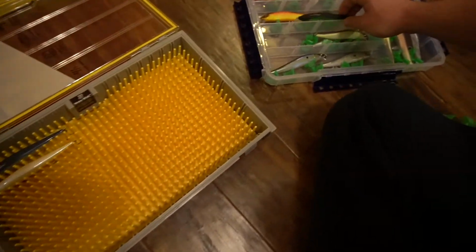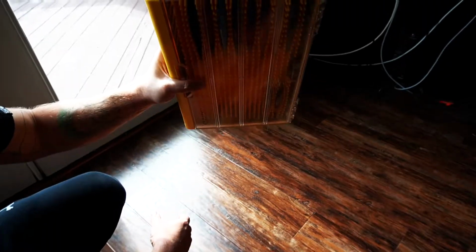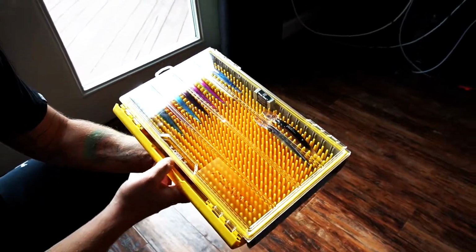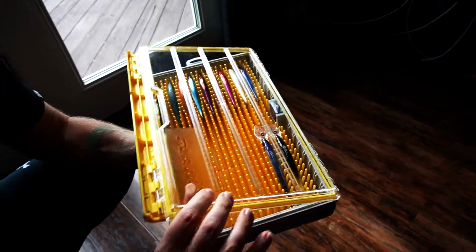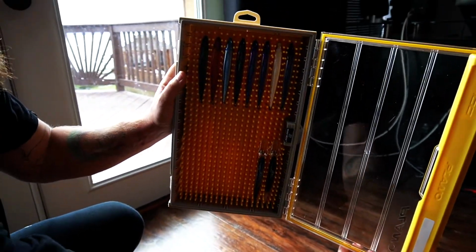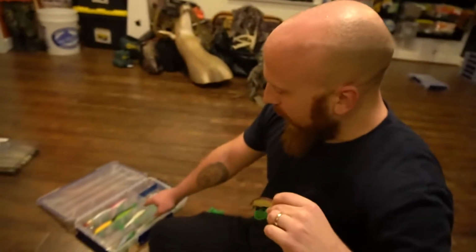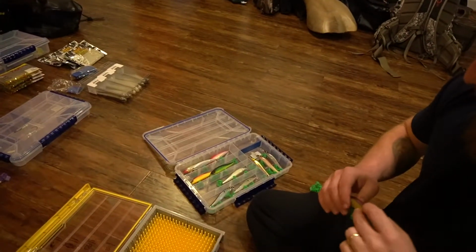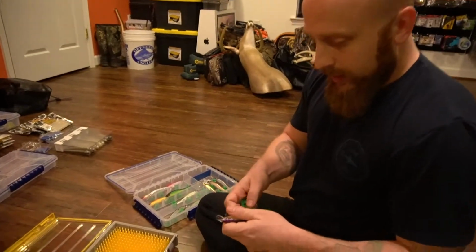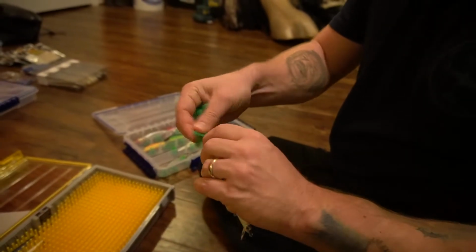So I'm taking them out of this box here, and I'm gonna arrange them all, and then I'll come back in. I'll turn the camera back on once I got the box full, but this will hold your lipless. You can put like your 1.5s and 2.5s in here, but I'm gonna use it specifically now for my jerk baits, and then I'll see if I'm gonna do my cranks and stuff, and my lipless. But I had these safety caps on, because when you got your baits in a regular box like this, you try to take one out and you get 10 of them. So I'm taking these off now because I don't need them, which they're cool, but if you don't need them, why, you know? I'm taking these off,